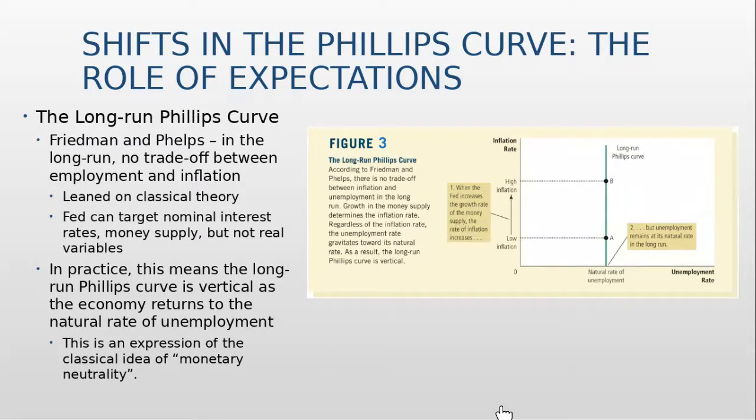And again, this is simply the expression of the classical idea of monetary neutrality. That is, that money has no effect on real values. And so if we zoom in here, we can see what this results in. The long-run Phillips curve, figure 3 in this chapter in your text, states that when the Fed increases the growth rate of the money supply, the rate of inflation increases from a low inflation to a higher inflation. But since unemployment remains at its natural rate in the long run, that means that the natural rate of unemployment